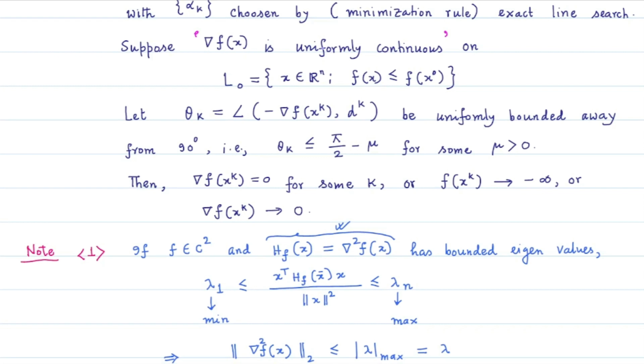So this uniform continuity of grad f is not really a very strict condition that is not satisfied by the majority of functions. Now here I would also like to explain the geometrical meaning of the condition that theta k is less than or equal to pi by 2 minus mu. At first glance you may feel this condition is really strange, but this condition geometrically means the following,